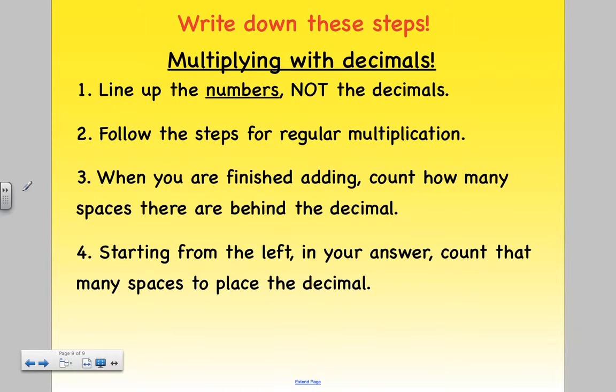Okay, your last task in this video is to look at these steps and write them down for multiplying with decimals. Okay, it's very important that you remember these steps. Number 1, line up the numbers, not the decimals. Number 2, follow the regular steps for multiplication. Number 3, when you are finished adding, count how many spaces there are behind the decimal. Okay, this tells you where to place your decimal point. And number 4, starting from the